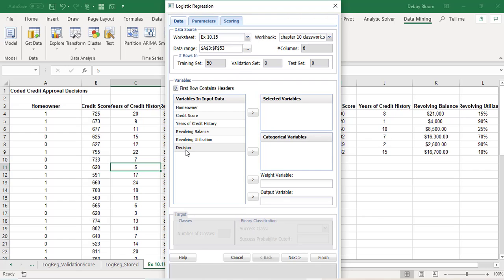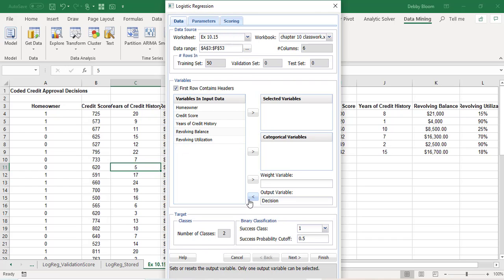I'm going to single click Decision and send that to my output variable. I'm going to single click Homeowner, hold down my Shift key and click Revolving Utilization. Notice how all the variables are selected. I'm going to use the arrow to send them to selected variables, and I'm going to accept all of the other defaults. Now I'm going to click Next,